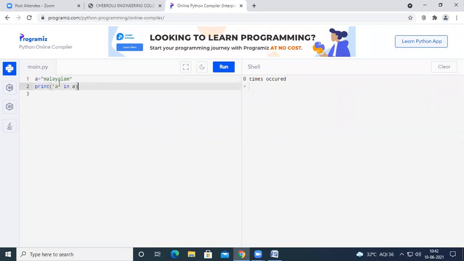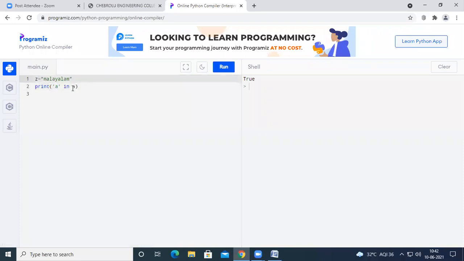If you run the code, we are getting true as an output, which states that the in operator is going to find the character A inside the string A.